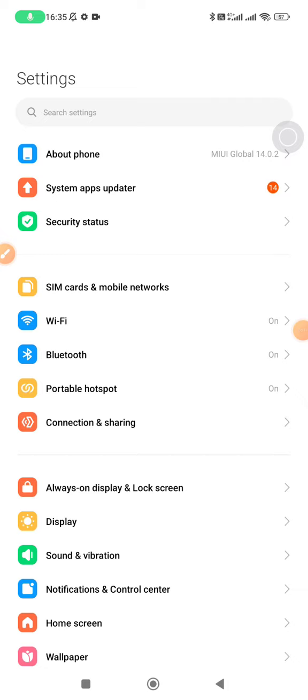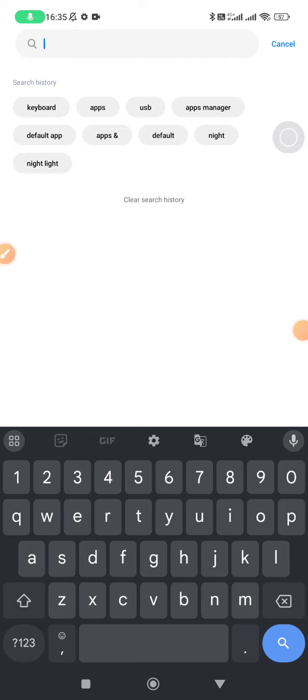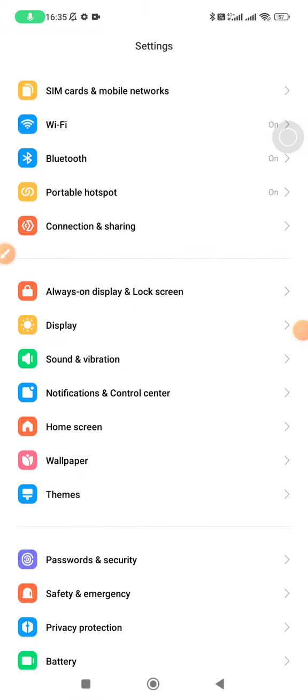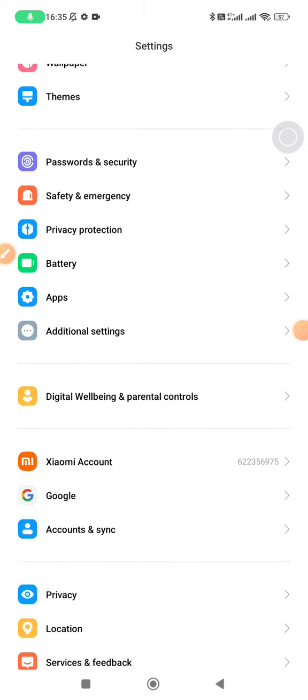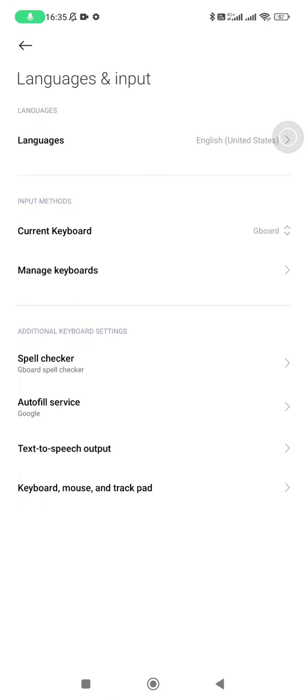So obviously you go to your settings, and then of course you won't be able to type and search for keyboard since your keyboard doesn't show up. What you have to do is go back from the search settings and then scroll down until you can find these additional settings. Okay, after you found these additional settings, you click on languages and input, and then you can see the current